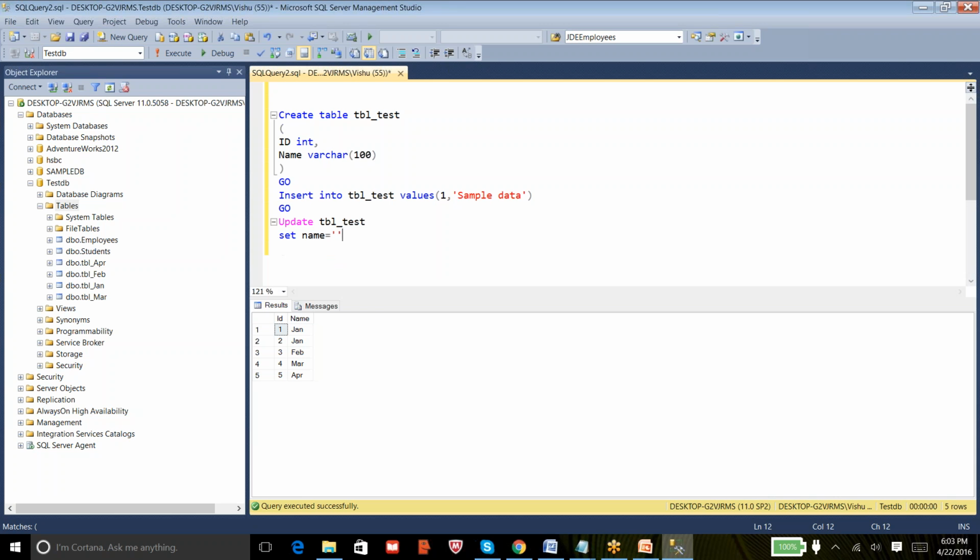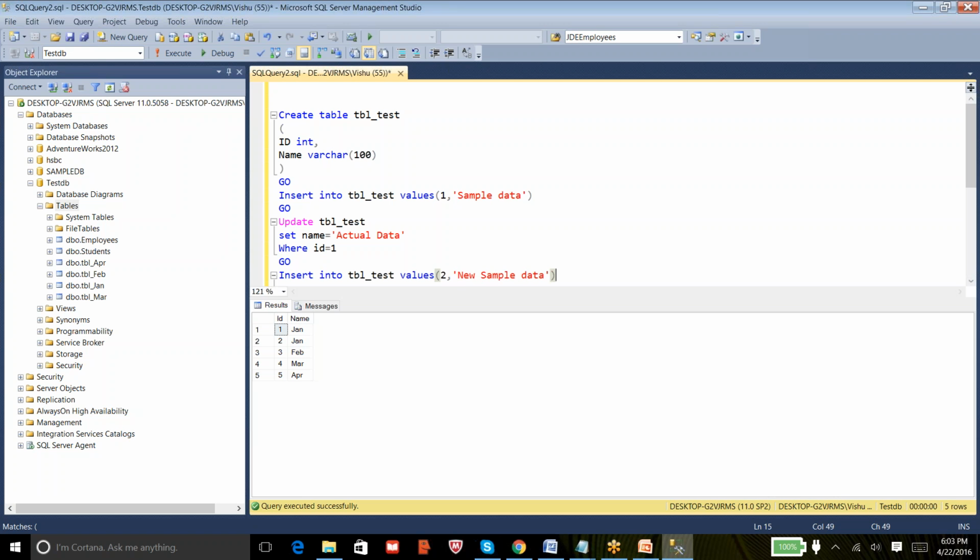I'm updating the value from sample to actual data, where ID equals 1. Then I insert a row again, so I'm copying this query with the value 2 and new sample data.